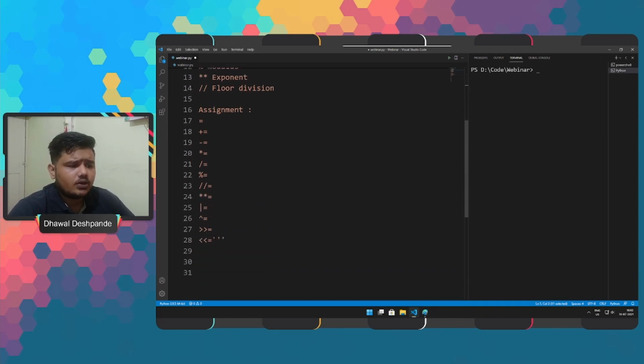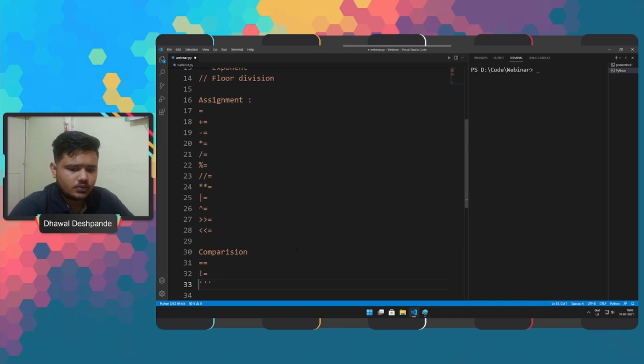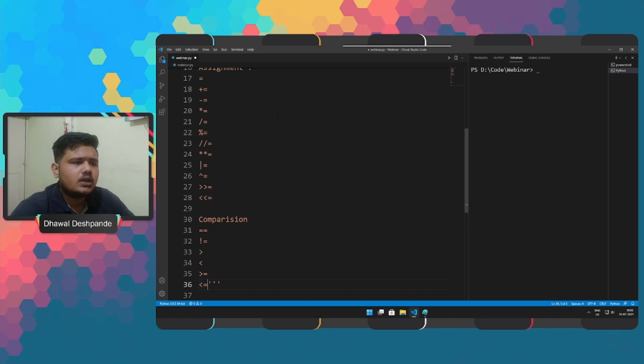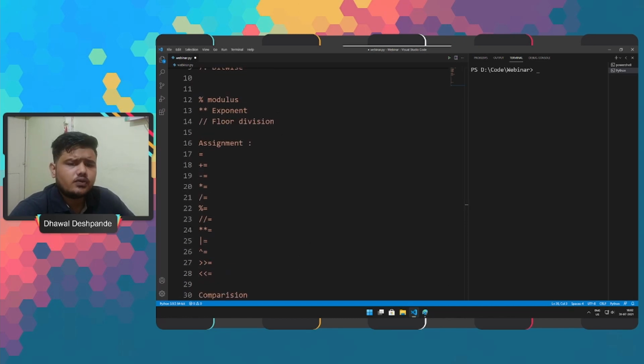So when we are talking about the comparison operators, we come across equals or equal to, then not equal to, greater than, less than, greater than equal to, and less than equal to. Moving forward to the next operator, which is logical operator.